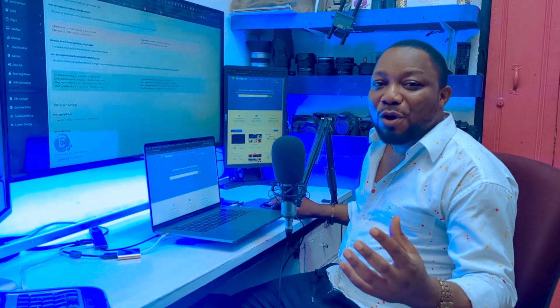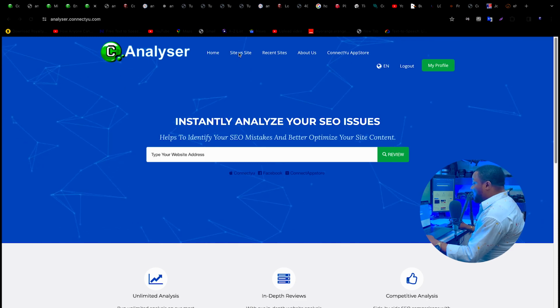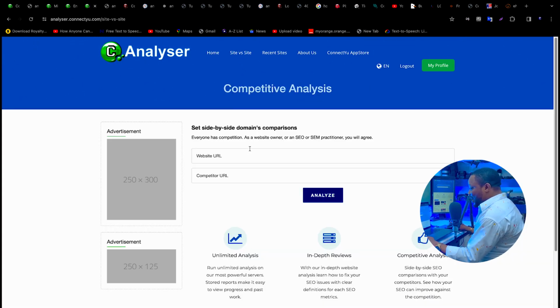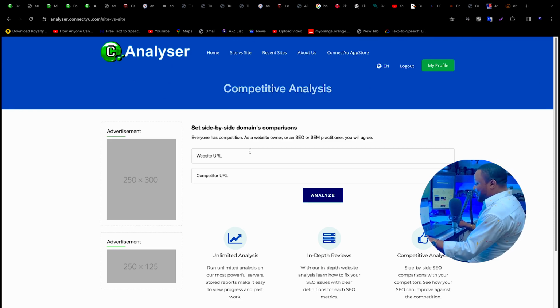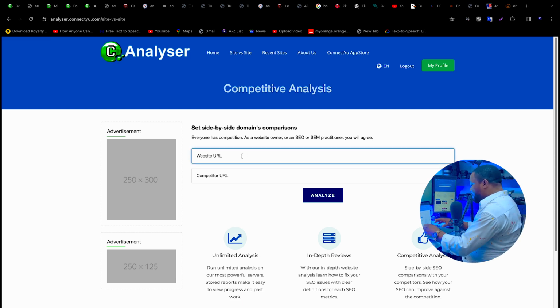For this example, I'm going to be comparing facebook.com, which is a popular social media website, against CONNECTYU.com, which is our in-house social media website. Let's check this out. For me to do that, I need to come to the navigation bar here and I click on site versus site. Now our competitive analysis page is open and ready for us to input our URLs of the 2 websites we are about to compare. So let's start with